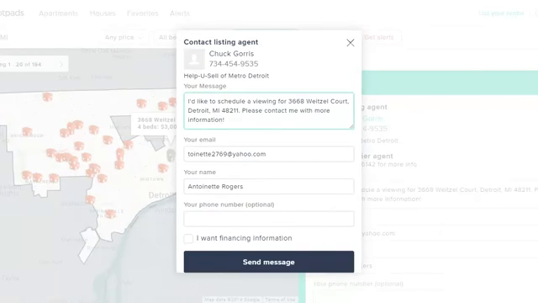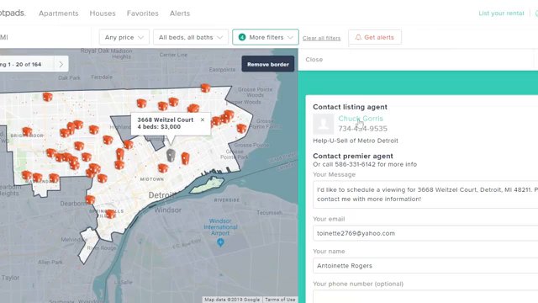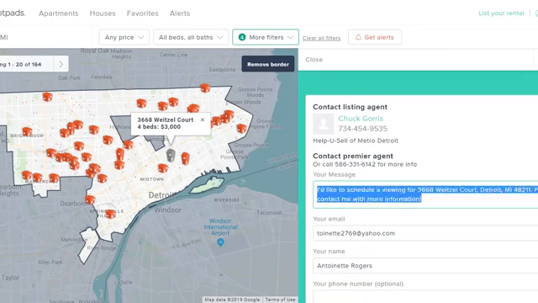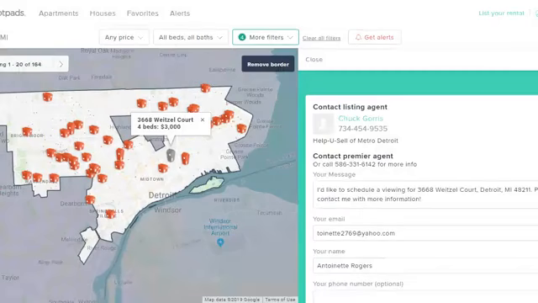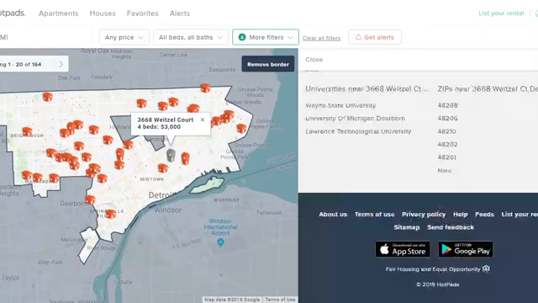Here, you pretty much do the same thing. You can ask him whatever you want to. Say, Chuck, are you a licensed realtor? That's a little trick instead of going here. You can just click on his little thing, and then you just type it right here. Okay. One more thing I want to show you before we log off